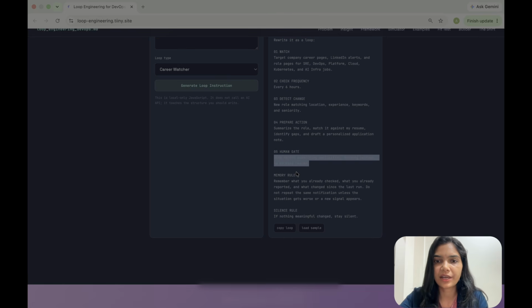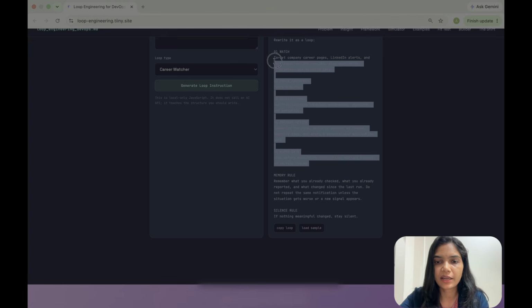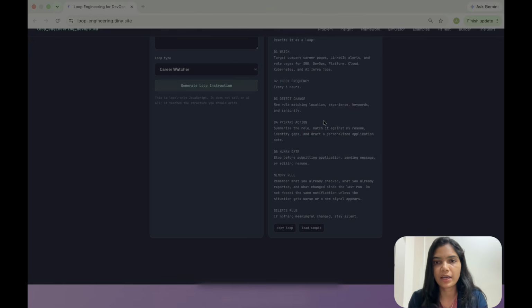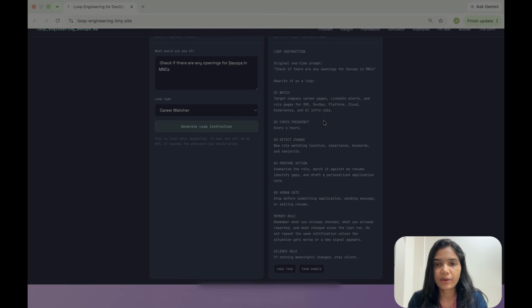So now you understood, right? From stage 1 to stage 4, all can be done by AI itself, and you have everything ready for you to review: what are the new jobs and how to submit them. Even the draft is also created by AI. You just have to review and send it. That's all. I have given a couple of other options over here to try out.